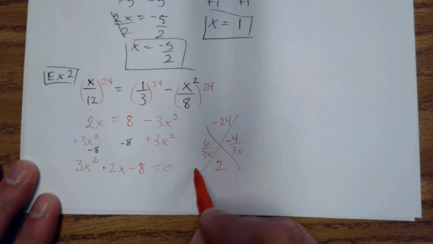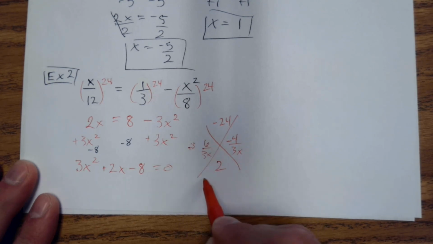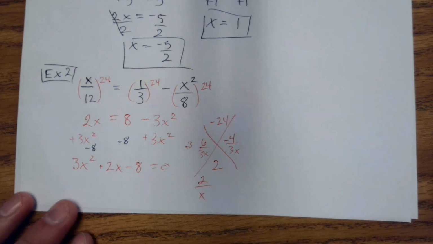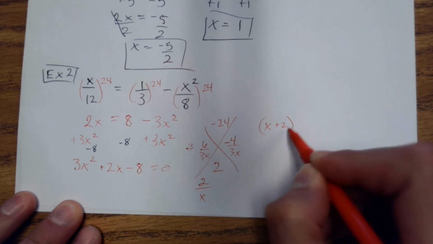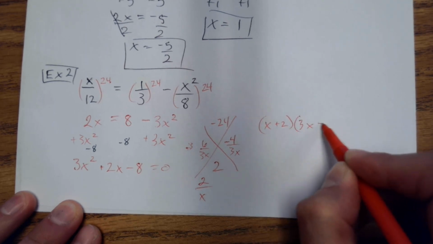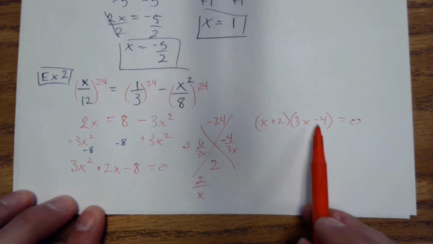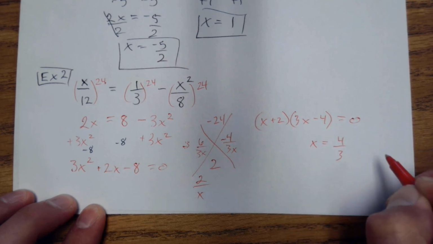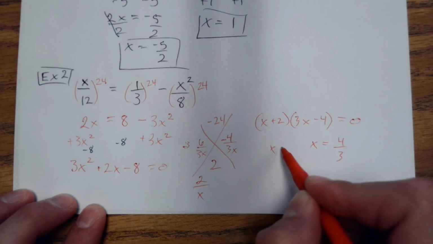So I get, divide by 3, I get 2 over x. And then I get (x + 2)(3x - 4) = 0. And then in my head, I'll do add 4, divide by 3, so I get x equals positive 4 over 3. And then in my head, I'll do subtract 2, and I get x equals negative